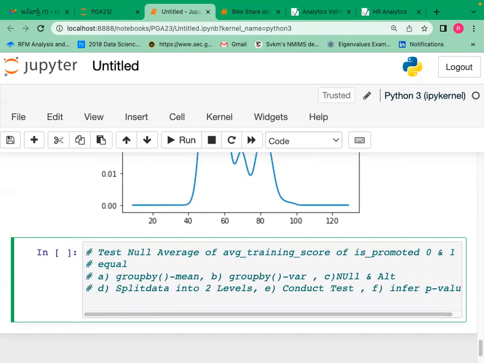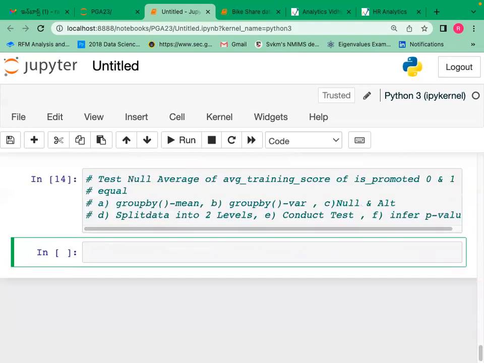First group by mean, group by variance, then null and alternate, and then split the data into two. And then we'll infer. So HR train dot average training score dot group by HR train dot is promoted dot